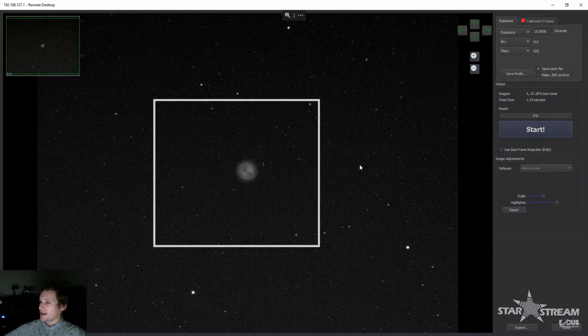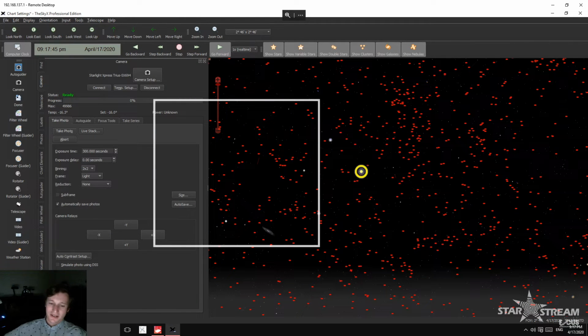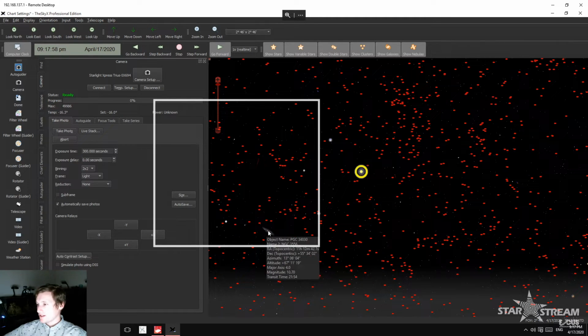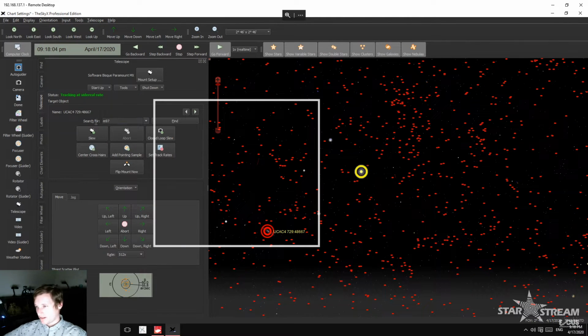So we're going to stop that and get ready to flip to our next target. Now, the next target is one of the most, or let's actually do the next door neighbor real quick. So not too far from the Owl Nebula is another galaxy. And if you've got a wide enough field of view on your telescope, and we don't tonight to get them both,